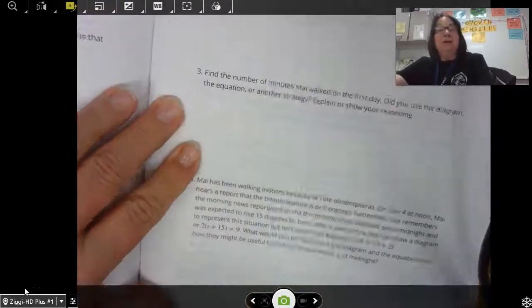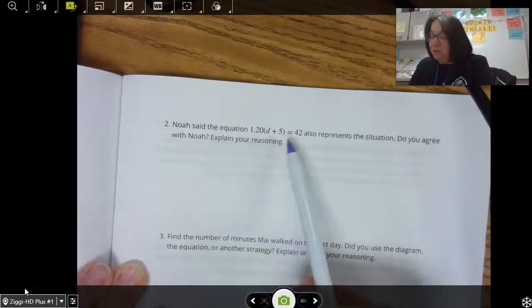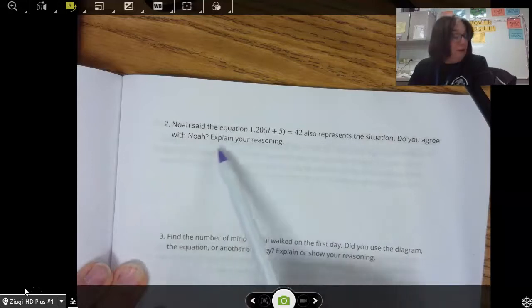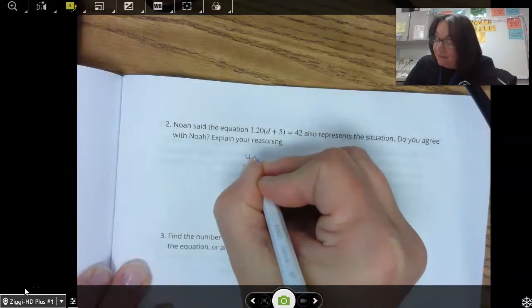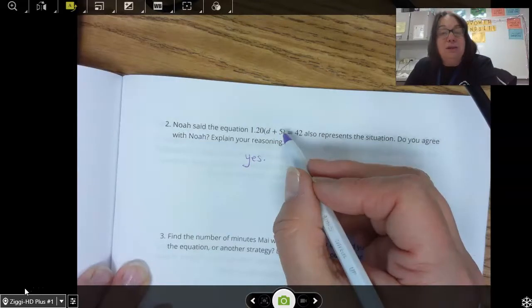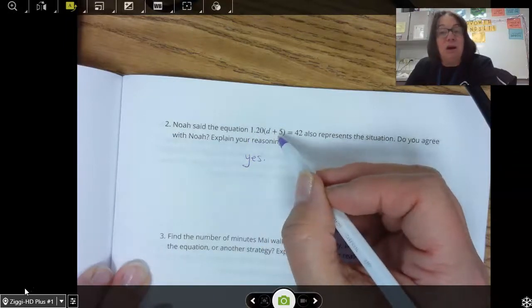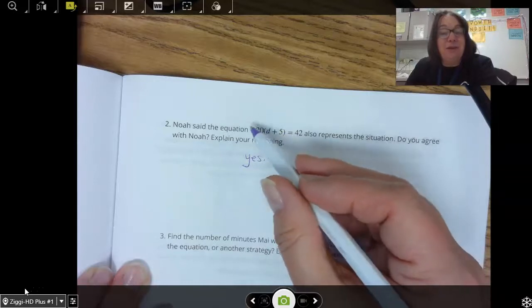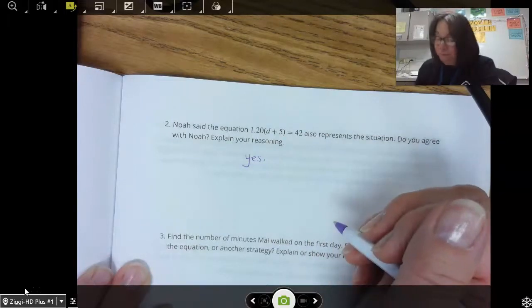So now the next one on the next page says, Noah says the equation 1.2 times d plus 5 equals 42 also represents. Do you agree with Noah? Well, yes, you should agree with Noah. We just talked about that. Because if I take what she walked on day 2, which was d plus 5, and then multiply by 120%, because she walked all of what she did plus the 20%, which makes 120%, then that equals the full amount, which was 42 minutes. So yes,